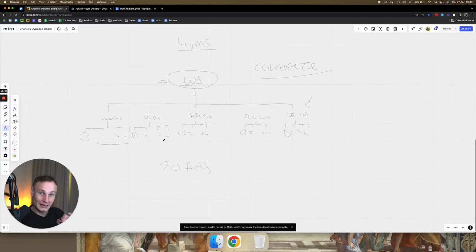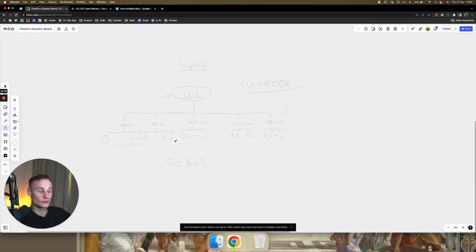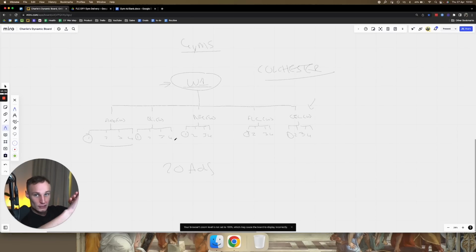It just keeps getting better and better and better. With most people's ad campaigns and most people's service delivery, the client experience reduces and gets worse and worse over time. And that's because people don't build their campaigns out properly, just like this. So you want to think in this branch and node model